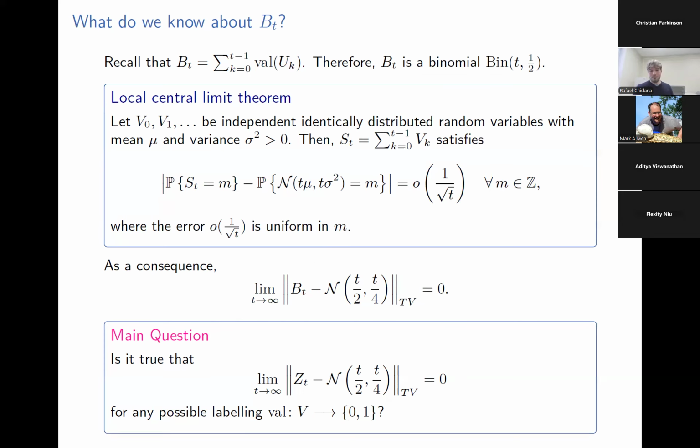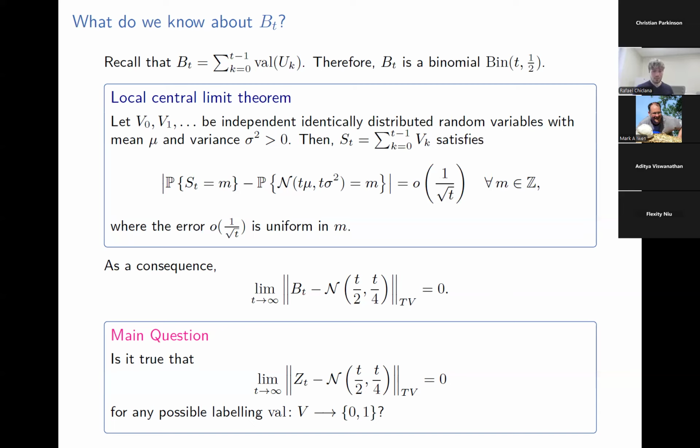But first, so this is the goal. We want to show that ZT converges to a normal distribution. So let's try to understand what that means,